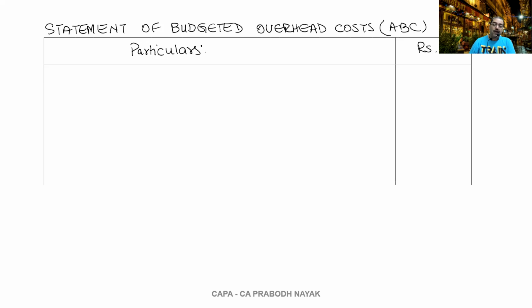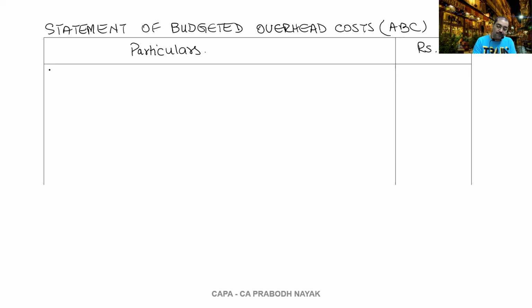So here we are not calculating total cost statement. We are not preparing the total cost statement. Here we are preparing only the overhead cost statement. Previous problem we had done last lecture where we prepared the total cost statement on the basis of ABC and on the basis of traditional cost. So there it was, we started with direct material, direct labor and so on. But here it is only showing the overhead cost. That means only these 4 to 5 items of overheads will come.